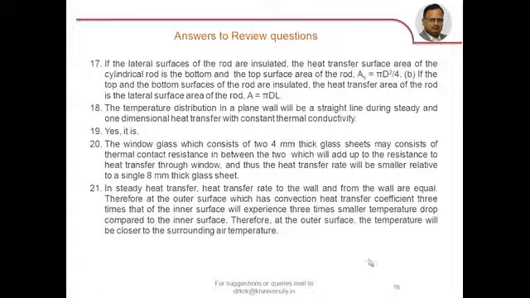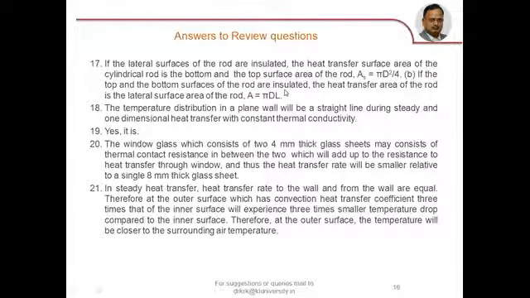Have a look at the previous questions raised from 17 to 26. Look at the questions asked earlier in the last sessions. Question number 17, review question 17. If we insulate the lateral surface of a rod,